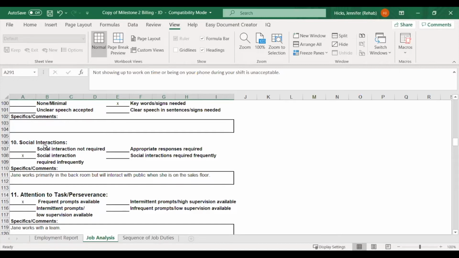Okay, number 10 kind of piggybacks off of that, but social interaction. Is social interaction not really required or infrequent, or are they required frequently? So you just analyze the job and go from there. In this one, we put the comment that she primarily works in the back room, but she will interact with the public when she's on the sales floor.